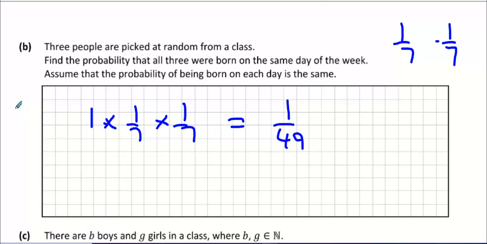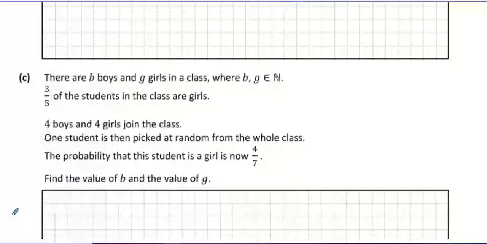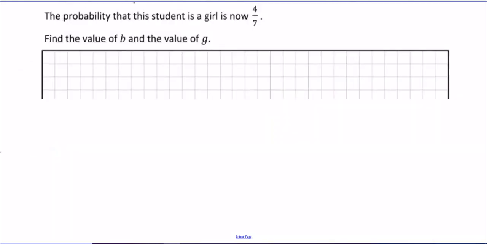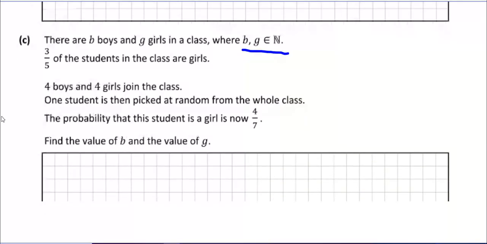Okay. There are B boys and G girls in the class, where B and G are natural numbers. So, for example, it could be 20 boys and 30 girls, where B is 20 and G is 30. Who knows? 3/5 of the students are girls. 4 boys and 4 girls join the class. 1 student is then picked at random from the whole class. Find the probability that this student is a girl is now